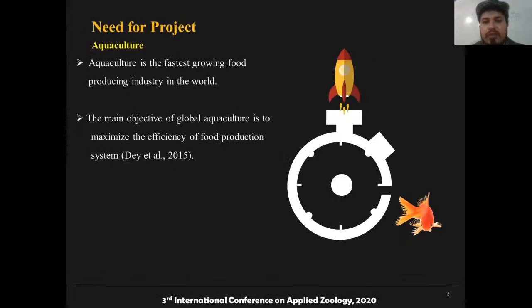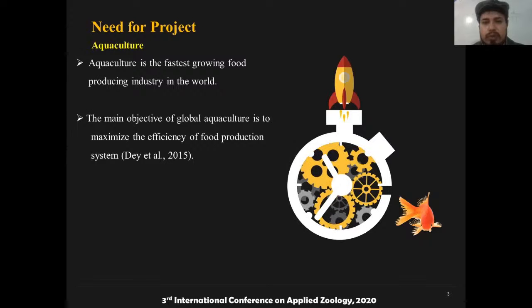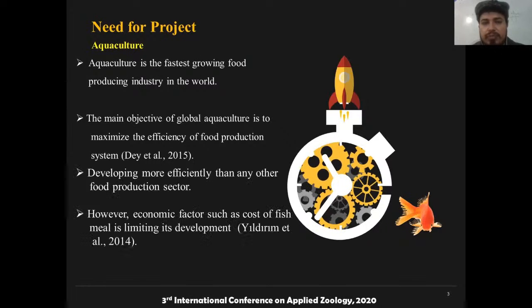Aquaculture is the fastest growing food producing industry in the world. The main objective of global aquaculture is to maximize the efficiency of the food production system, developing more efficiently than any other food production sector. However, economic factors such as the cost of fish meal are limiting its